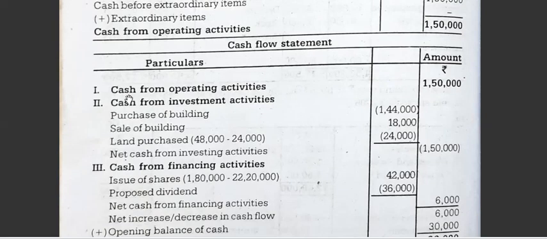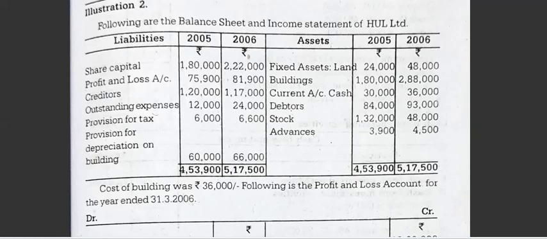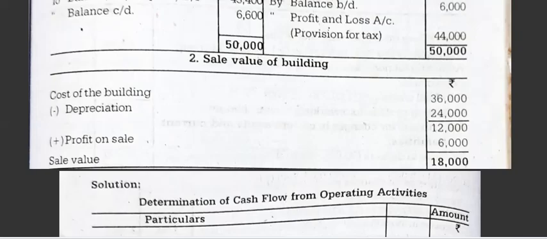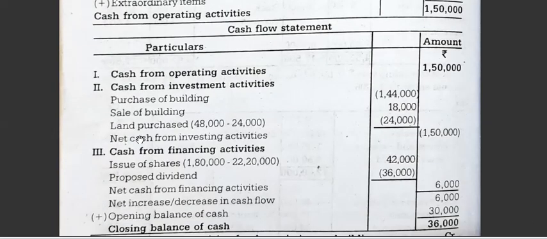Okay, next is cash flow statement. Cash from operating activity already calculated 1,50,000. Investing activities. See the building account, there you will get to cash and buy cash. So both you will come, purchase of building and sale of building. Land purchase, you check the balance sheet, you will get, see, land it is increased 48,000. So purchase of land, if there is a, you write in a bracket. If it is inflow, write as it is. See, purchase means write in a bracket, sale means inflow as it is, purchase of land write in a bracket. Now total and write here cash flow from investing activities.